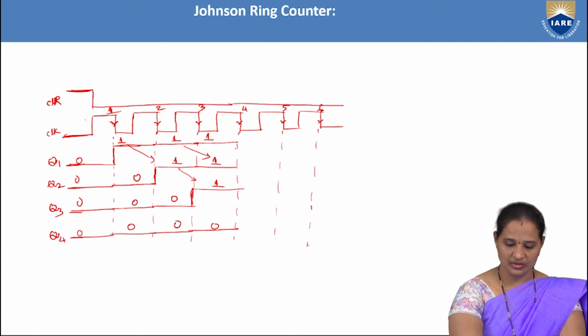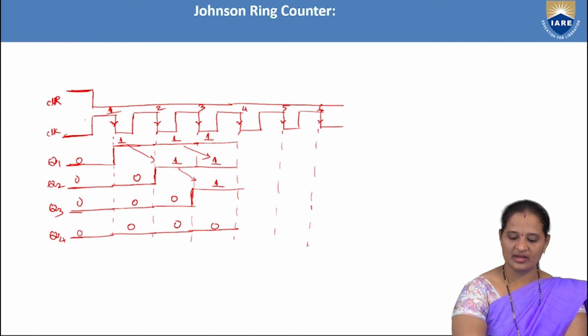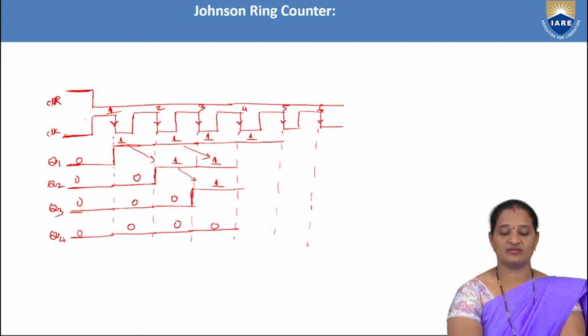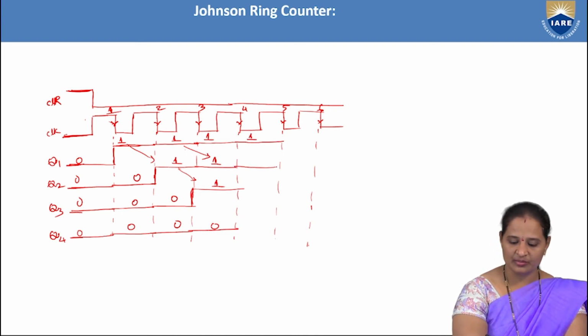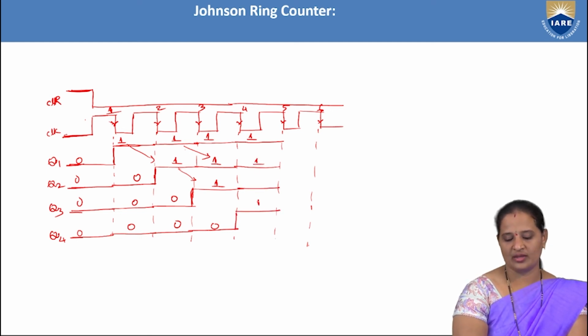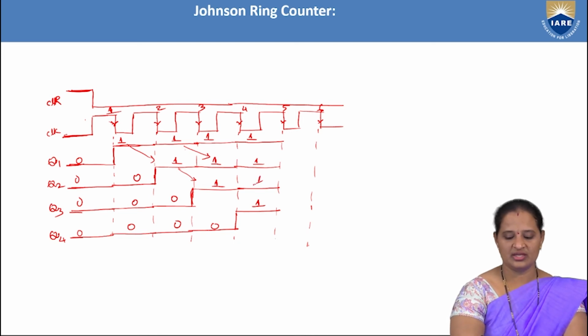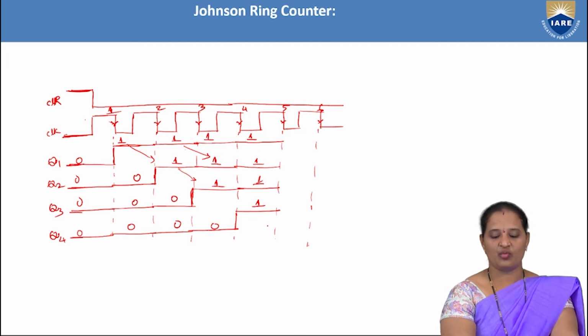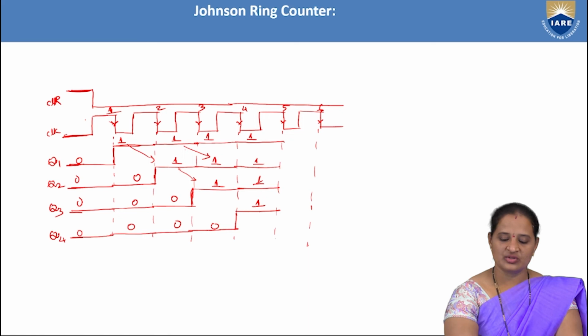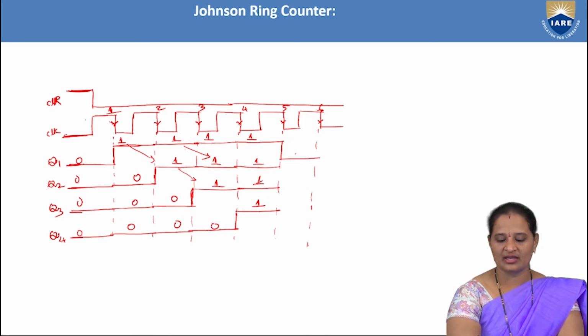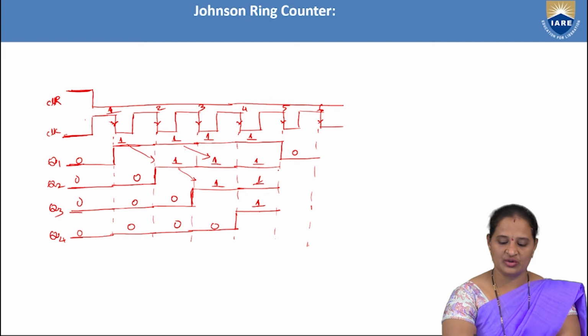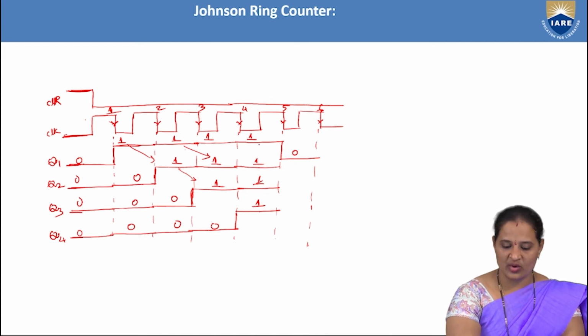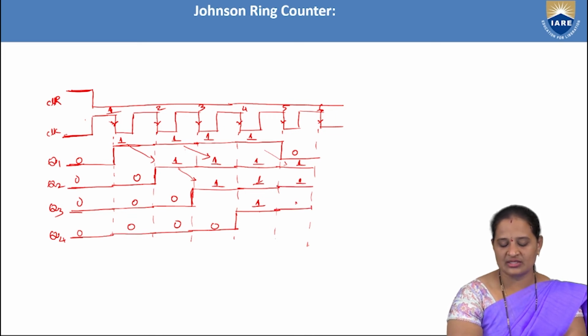Now what happens during this? Again this is complemented and given as input, so again it remains in the 1 state. Now this one will be pushed here and this one will be pushed here. Now this becomes 1 here. So what is the word stored in this one? In the fourth clock pulse, the state of the ring counter is 4 ones. Now this is 1, so it is complemented and given to this. So it becomes 0, whereas this one is pushed here. So it remains 1, and this remains 1 and this remains 1.